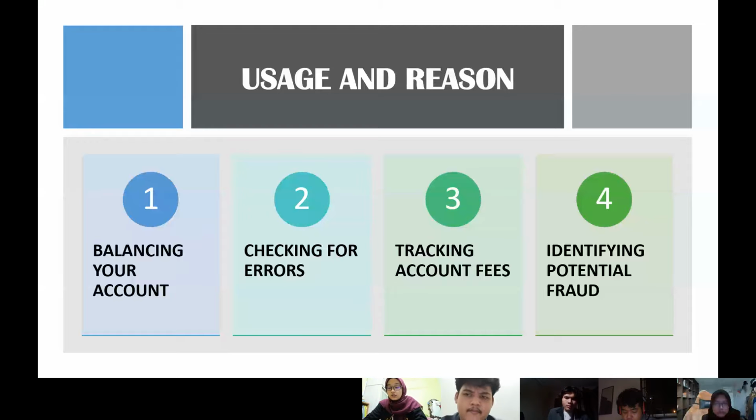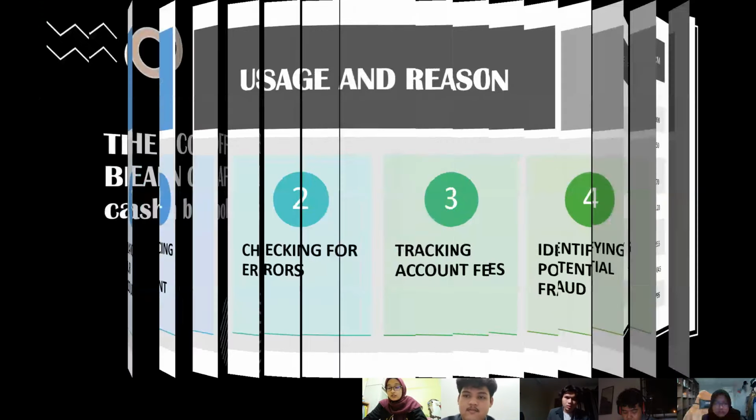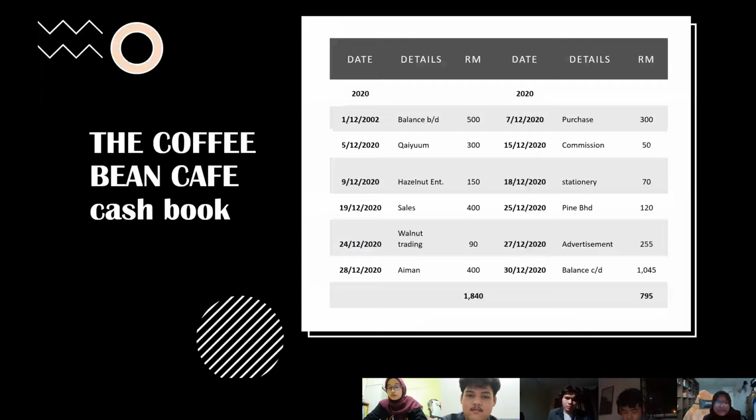Next, I will present about the content, which is the Coffee Bean Cashbook. On the debit side, 1st December, balance BD 500, 5 December, Koyum 300, 9 December, Hazelnut Enterprise 150, 28 December, Aiman, which is 400. So the total is